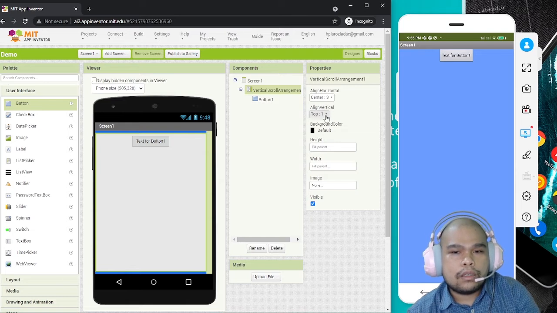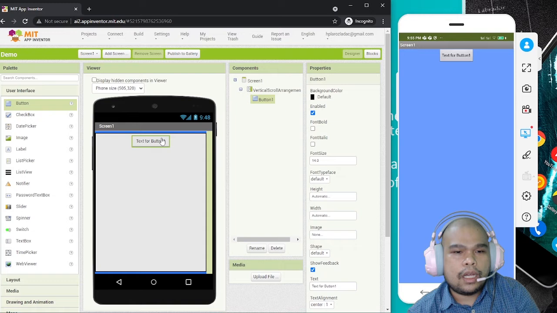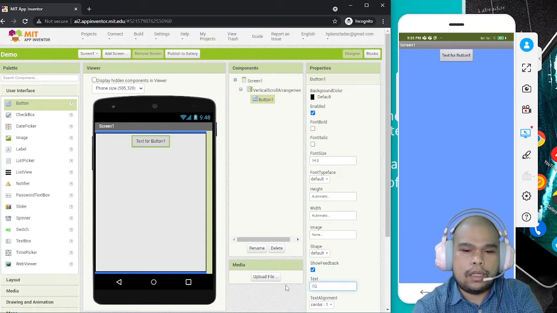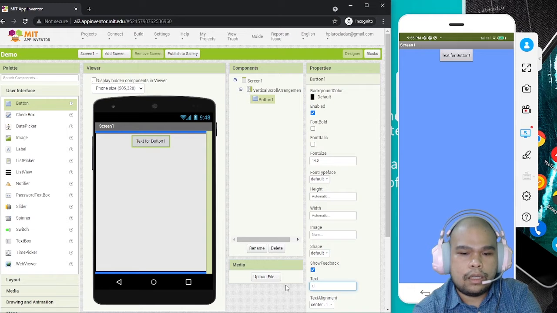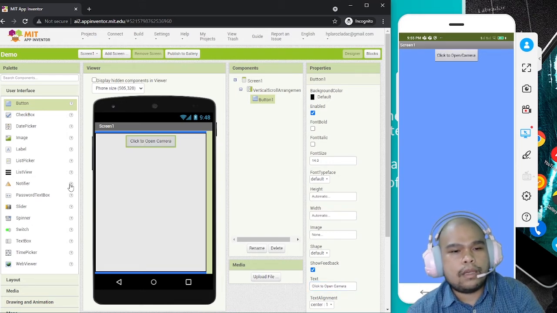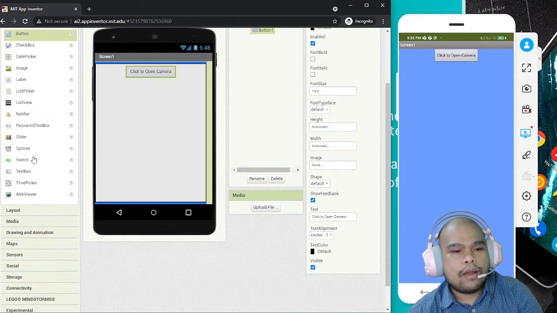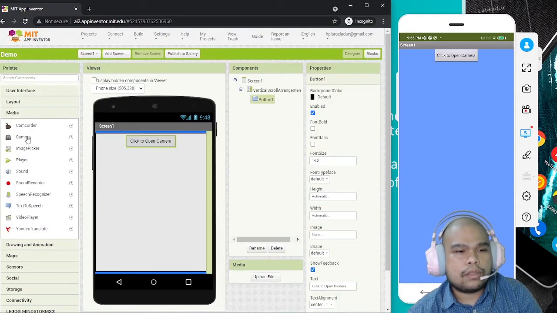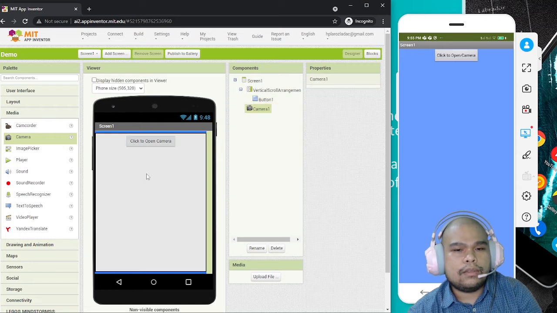Okay. So, this is our button now. Let's change its label to "click to open camera". Okay, so that's our text. Now, the next thing I'll do is under Media. Let's try adding a camera. Okay. Now, like we mentioned earlier, guys,